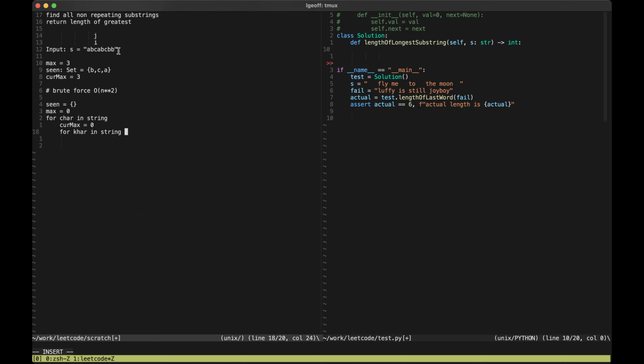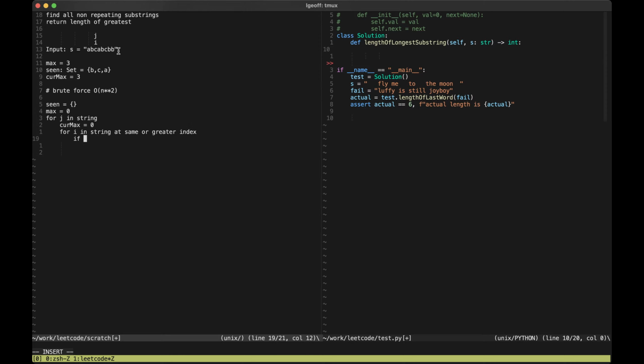For char in string at same or greater index, we'll figure out the specifics later. Let's call it i and j. For j, for i in string at same or greater index,